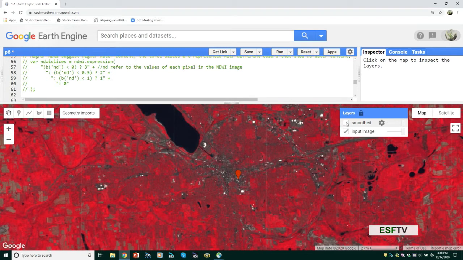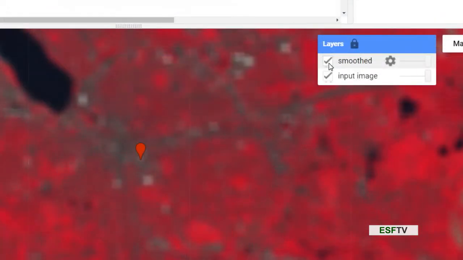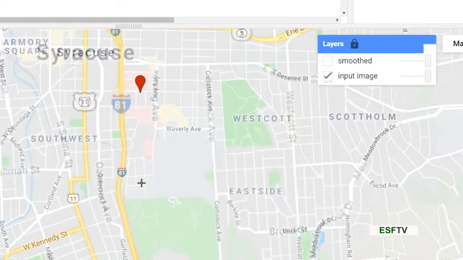Here, as you can see, this is the original image as we have shown to you earlier. By applying the image convolution, we will be able to smooth out the image. So now the image looks like that. And now you will be able to see large features that stand out from the image. For example, if I turn off and look at the original image, there are large areas such as the Carrier Dome near here. So if we just zoom into that region real quick,